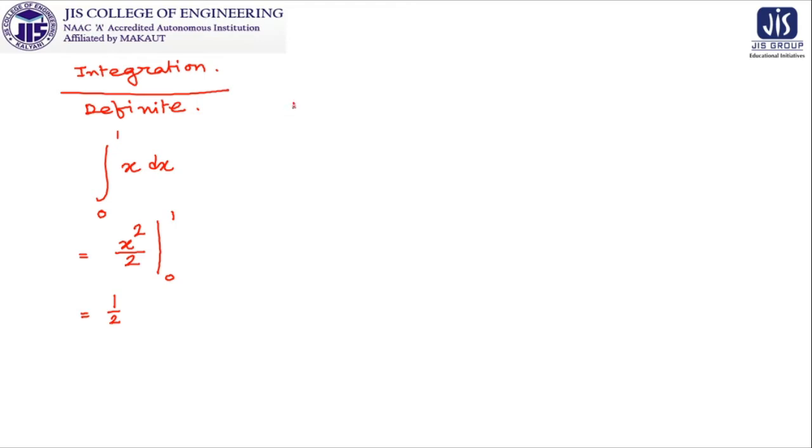Now if we want to see the geometry of this particular thing, it is our y is equal to x line, and this is our point 0, and suppose this is our point 1. So if we drop a perpendicular over here, the area under this particular part is actually what we are targeting. So this is our y is equal to x line. When we are at 1, this point is (1, 1). Up to this it is very much clear to us.